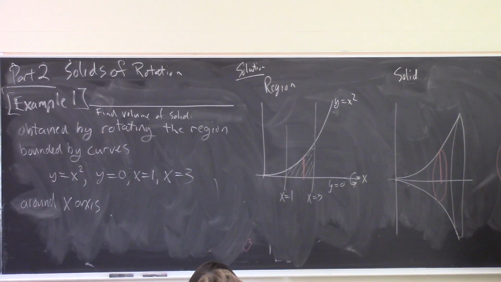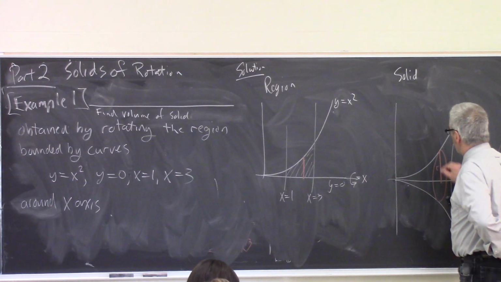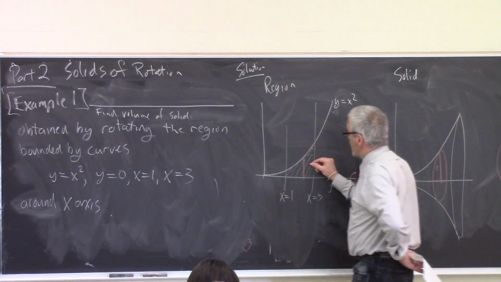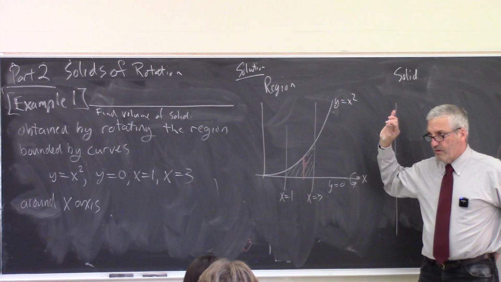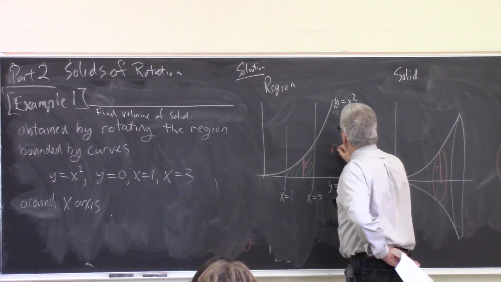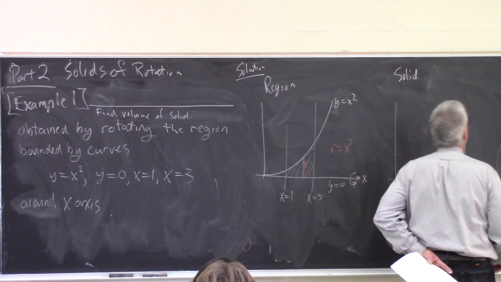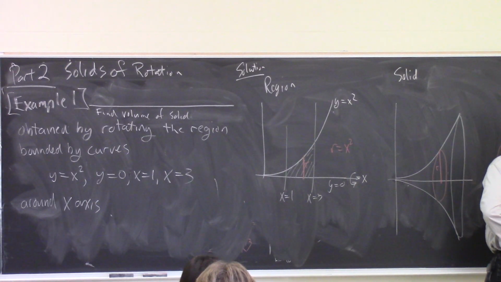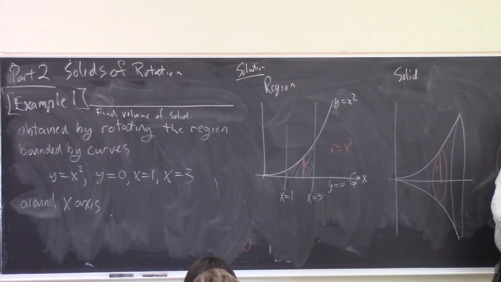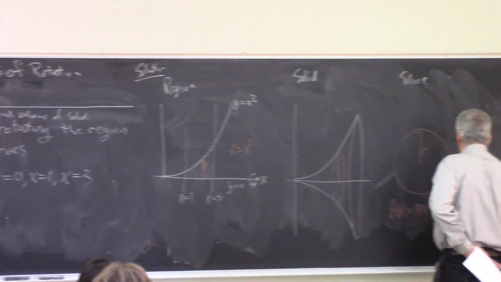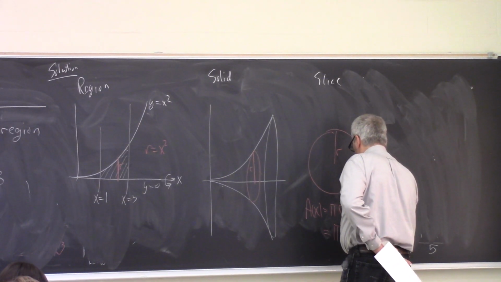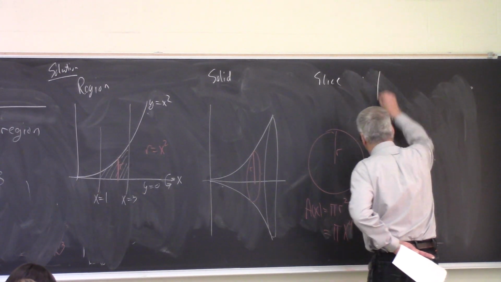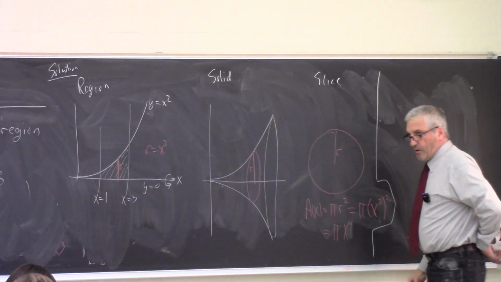Now, what is that radius? Well, that radius comes from here. Where'd that come from? Well, that came from here. What's that length? Raise your hand if you can help me with that. Marcy? x squared. Yeah, so r equals x squared. So the area of the slice is going to be pi r squared, so pi x squared squared, so pi x to the 4th. So our volume